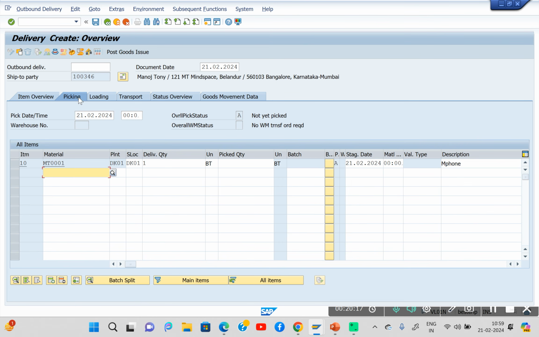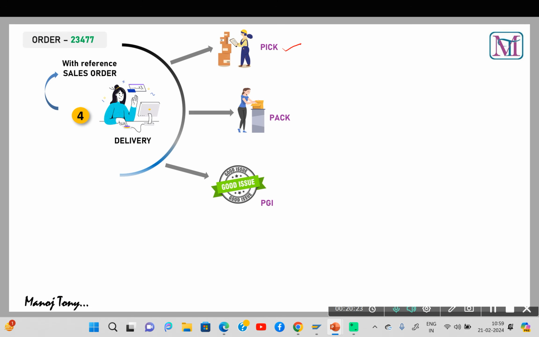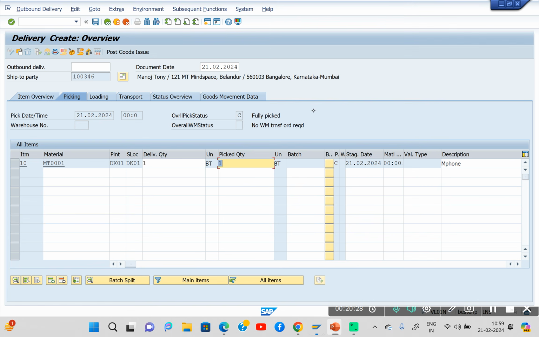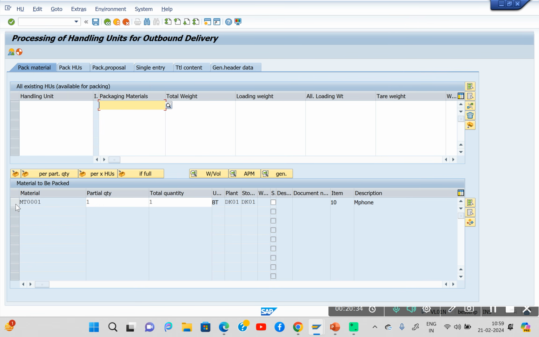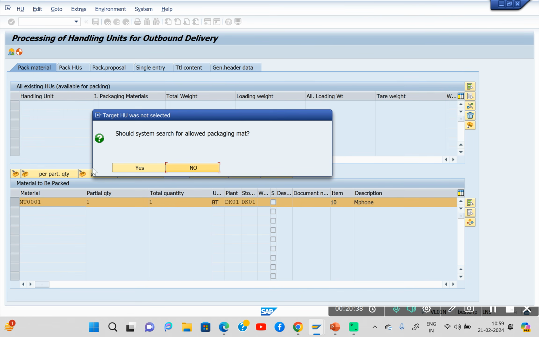So click on picking, then give the pick quantity. After picking, we have to do the packing. Second step, packing. Select this, then click on pack, then select this, then again click on pack, then click on yes,